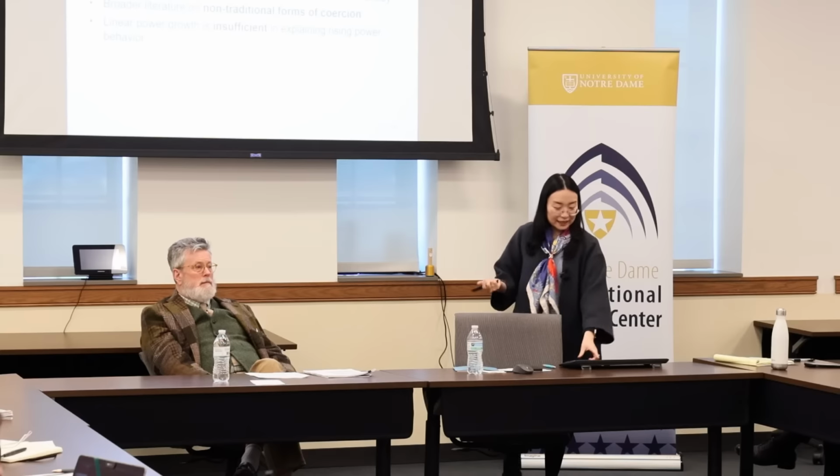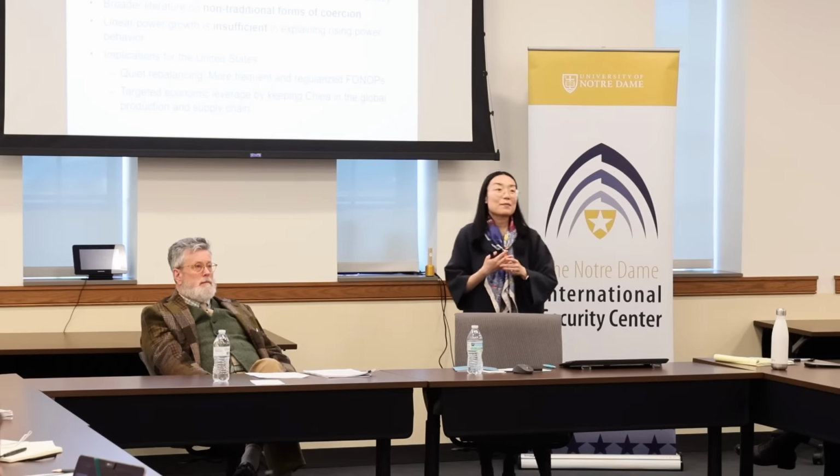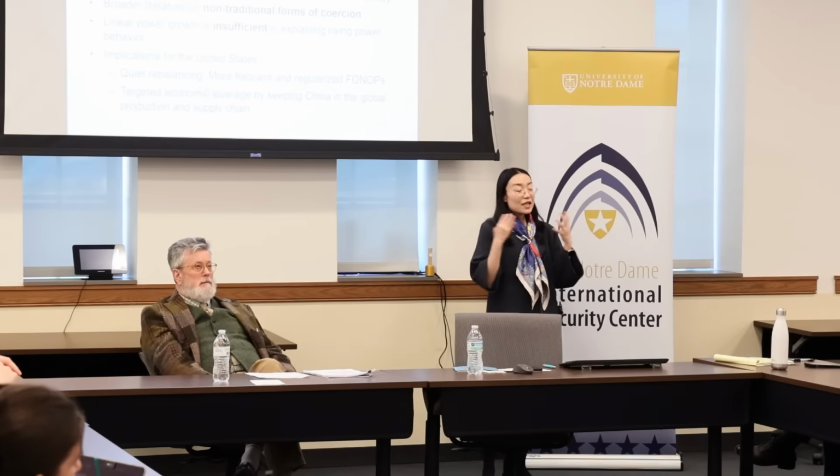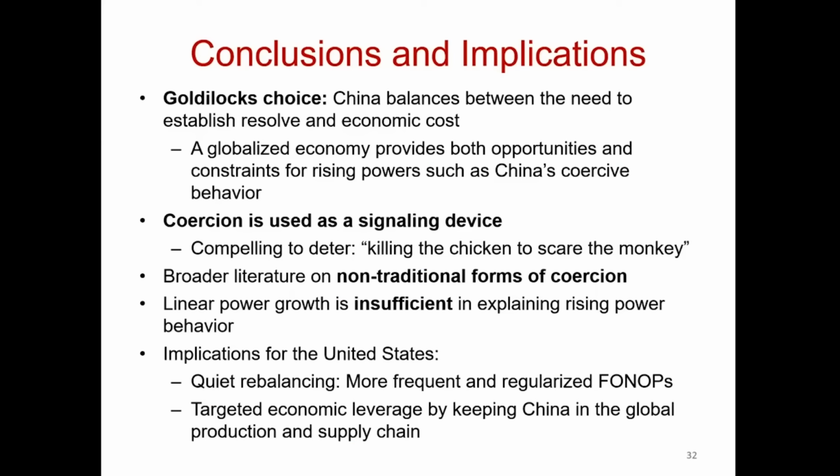And very finally, and I promise I'll stop right after this, if you are interested in policy implications, not that the U.S. government is interested in what I say, but here are two. The first one would be, I would advocate for more of a quiet rebalancing strategy for the United States. What that means is do more, say less, which might reduce the media attention and exposure, while at the same time reducing China's potential geopolitical backlash.